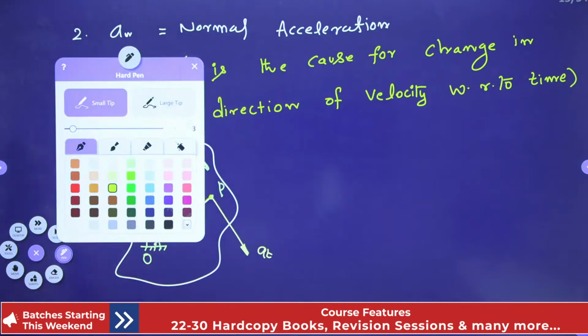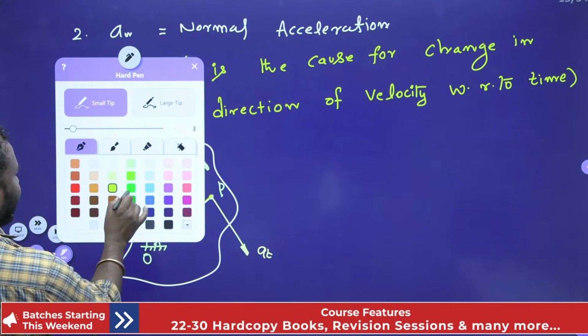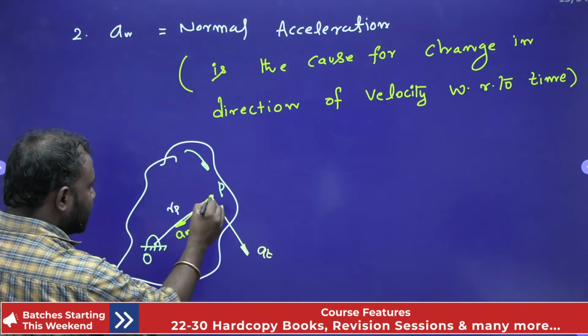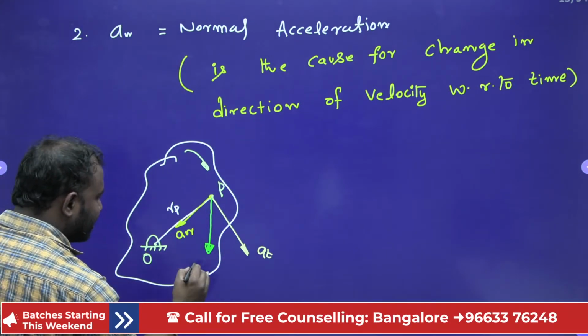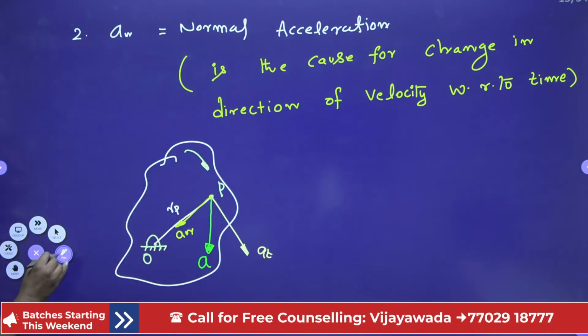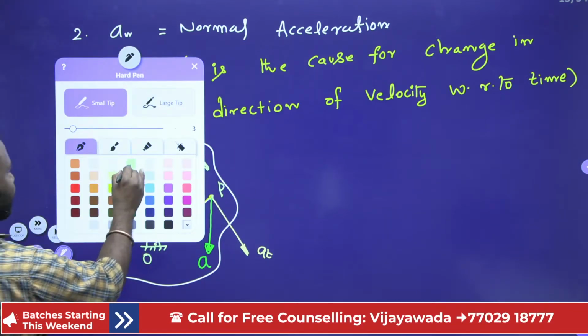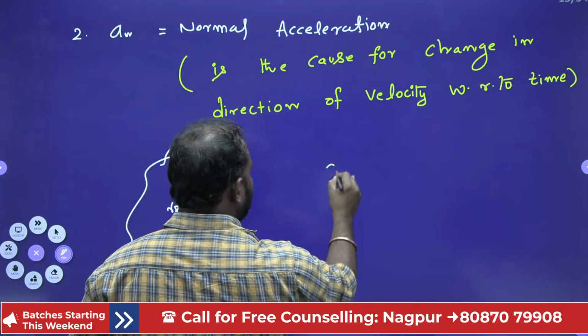Now let's find the resultant. This is the resultant of AN and AT. So that is called A, right. I can write my A is equal to